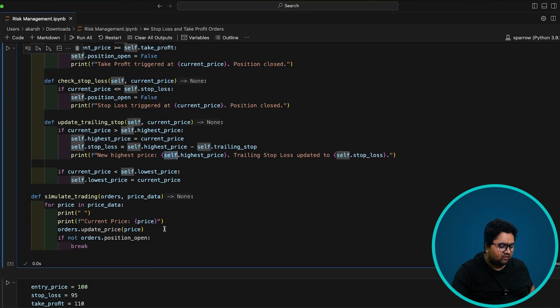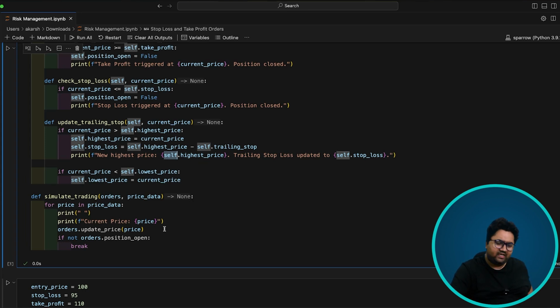So in here, what I've done in a simple trailing stop loss is that if the current price exceeds the highest price recorded since the position was open, the highest price is updated, and then the stop loss is adjusted to trail the new highest price. So it's a very simple movement based method. I'm just referring to my notes here at the same time.